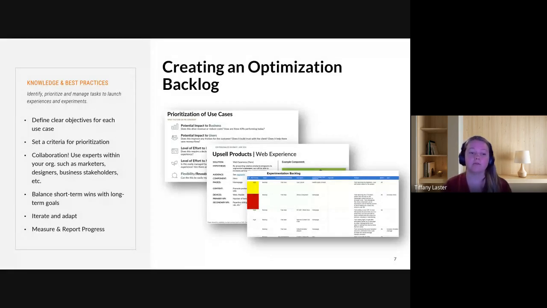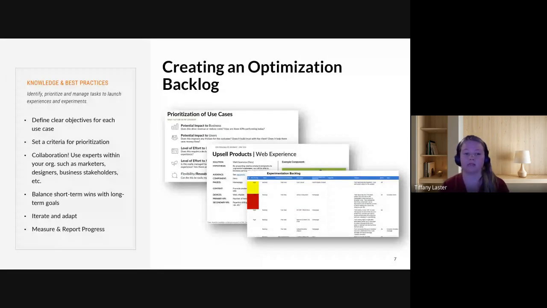I also like to say balance short-term wins with long-term goals. There might be something that you want to experiment with, such as funnel testing, that just might take a little bit longer to develop or to gather data on, that you might not be able to test initially. So make sure that you're evaluating the potential to the business, the impact, and the level of effort for us to implement this particular test. Those things will help you decide what test should come first, and then what can be a part of your backlog to be executed later on,